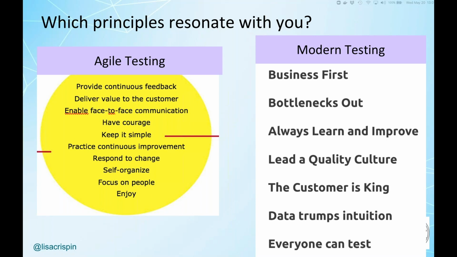Yeah, I would definitely do strong style pairing. So we would trade off the driver and navigator role. And so when it's their turn to be the driver, I'll tell them exactly what to type. And then when it's their turn to be the navigator, if we're testing a UI, for example, they can just look at the screen and say, well, I think we should do this, and tell me what to type. And so I'm there to answer their questions about how to test. Hopefully they already know the application, but even if they don't, it's a great way to learn it. So strong style pairing is the most effective way I've found to teach somebody to test.